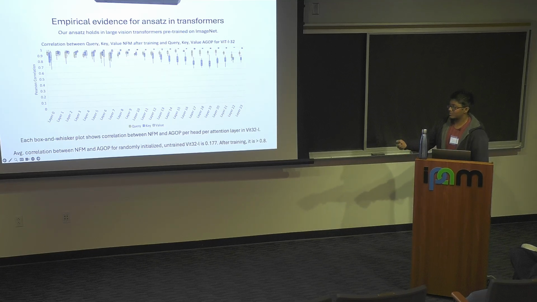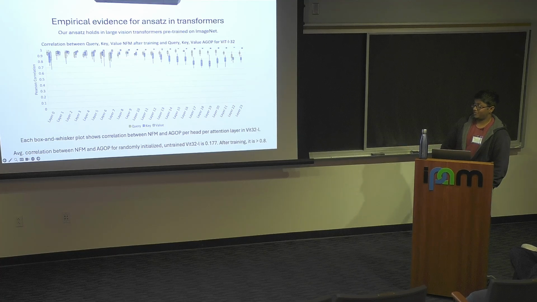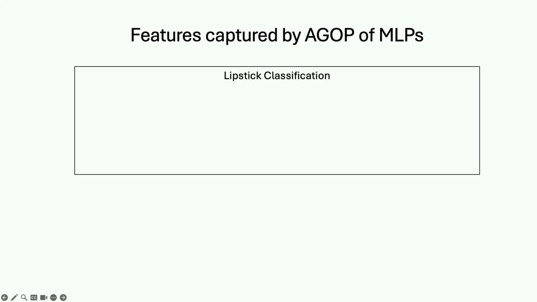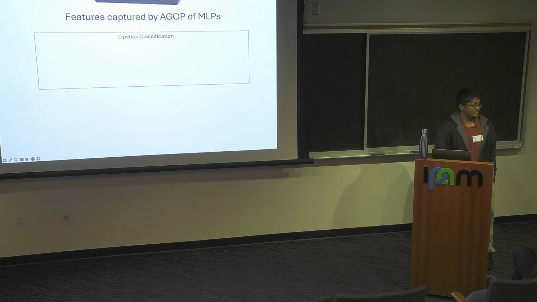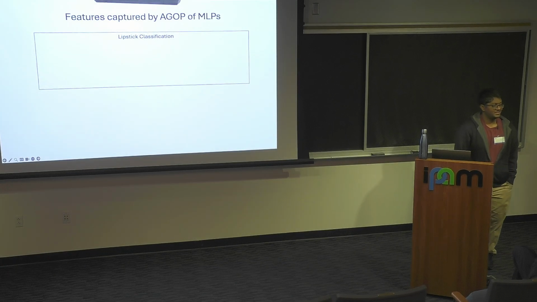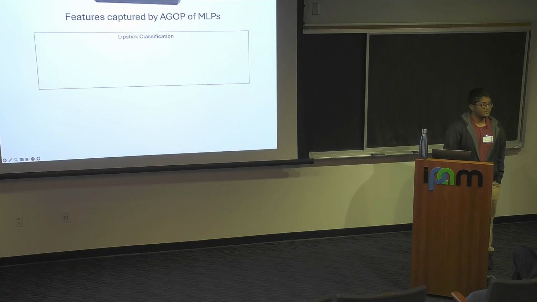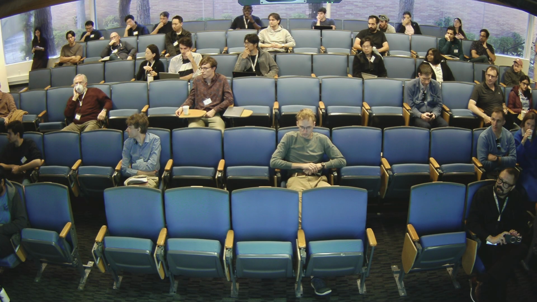Okay. So now I've shown some evidence across these different models. What do the features actually look like? And I guess for those of you who haven't seen this talk, I can make this one slide very interactive. So let's. Oh yeah, sorry. Yeah. So the AGOP of the data does not know anything about layers. So my question still stands. What is the true AGOP of the data? It's nothing to do with the AGOPs.